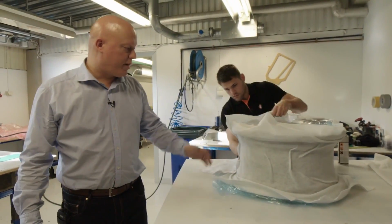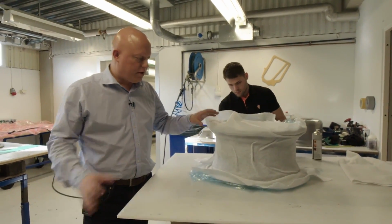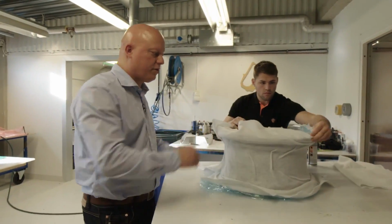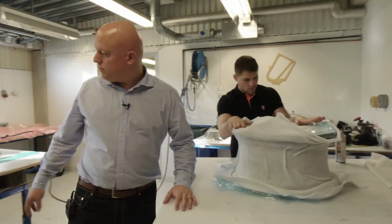Yeah, so we're now preparing the wheel for autoclave curing. So it's going in a vacuum bag, and this is a breather felt to make sure we get a good spread of the pressure over the wheel, the pressure difference, so there are no voids that get stuck. What you can see here is